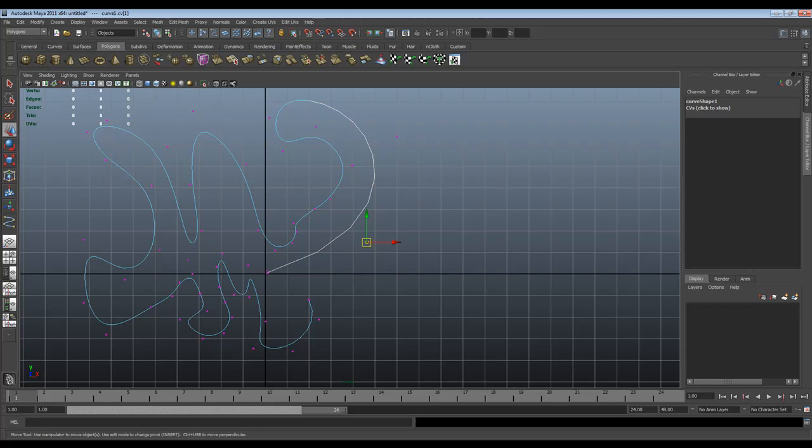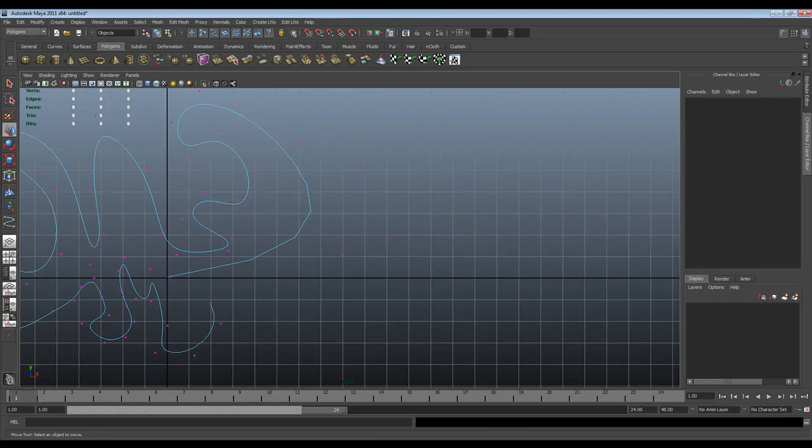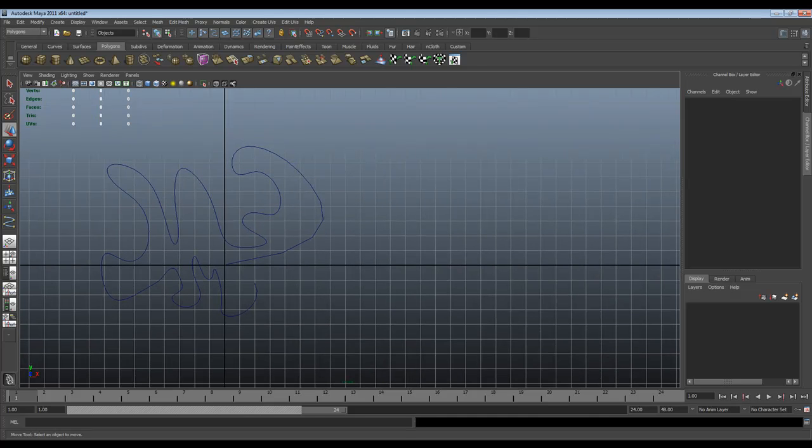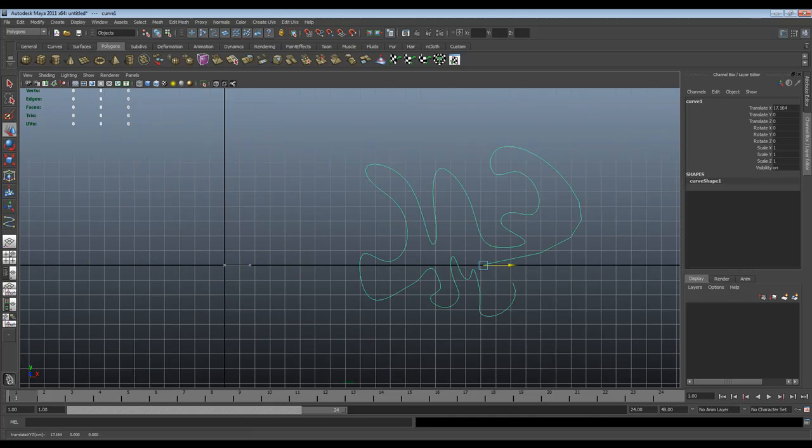But this is a very important note that you have to understand: the points are not always on the curve. Probably they are close here, but once you start stretching them, they're not on the curve. If I right click and go to object mode and slide this away,